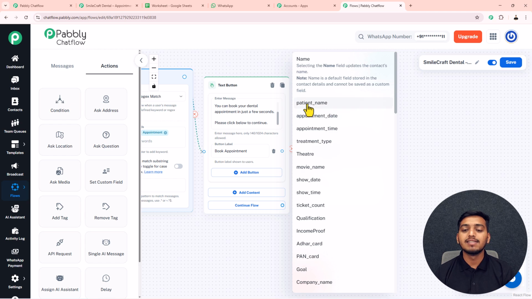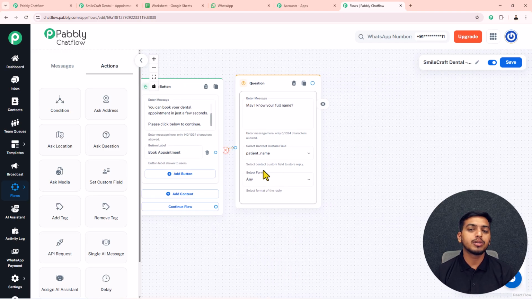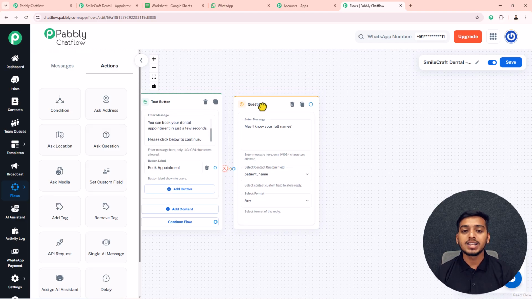For now, I will select this patient name contact custom field which I have created to store the name of my patient. Next, for this format, I will select it as any because I want to allow my customer to reply to me in any of the format. After that, as I want to ask some more questions from my customer,